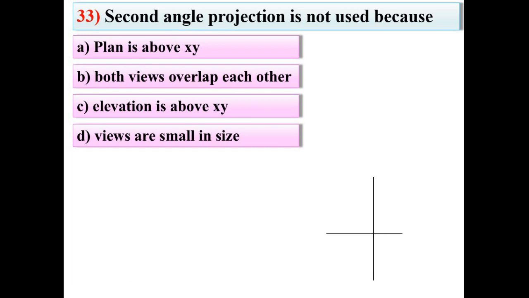So try to understand. This is the reference line, and here it is given to you second angle projection method. That means in the second quadrant, if the object is there, then what happens? So this is the object, and if I want to see the front view, then front view is on VP. So this will be A dash. If I want to see the top view, then top view is on the HP. And whatever it may be over here, that is rotated in this clockwise direction. So view will be over here, and that is A.